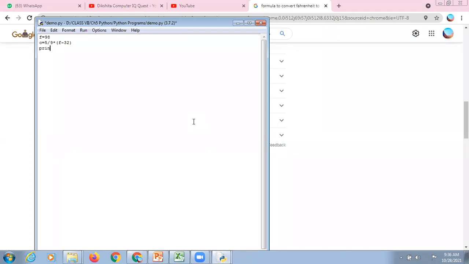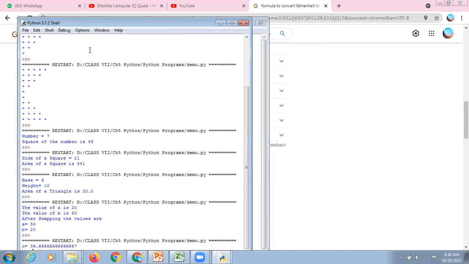Now print Celsius, sorry, double quotes. C equals to, print the value of C. Now save it and run. So this is the output. It is 36.66, right?